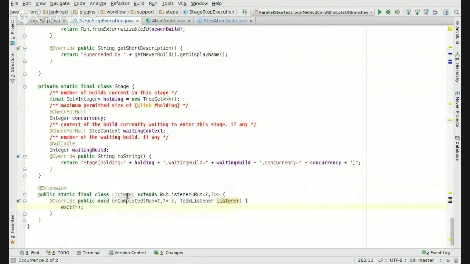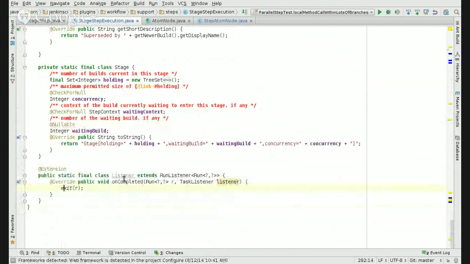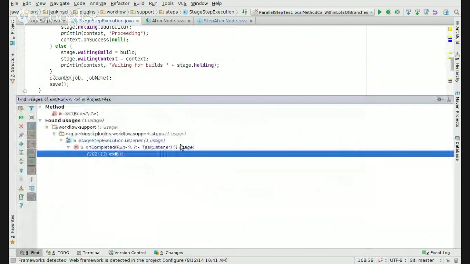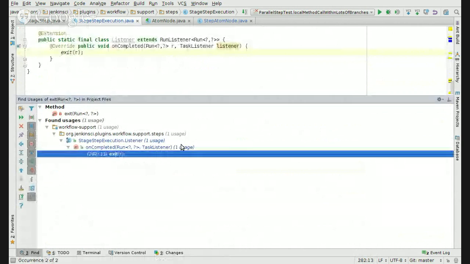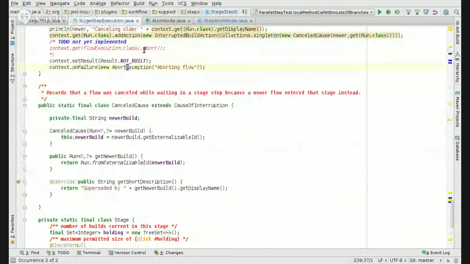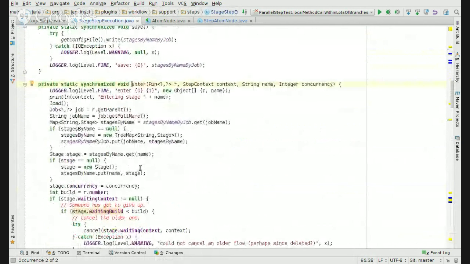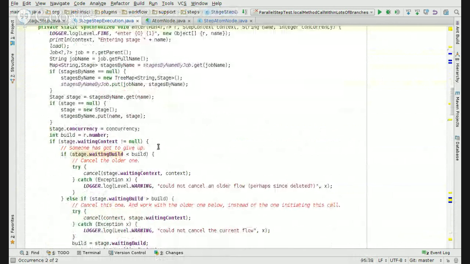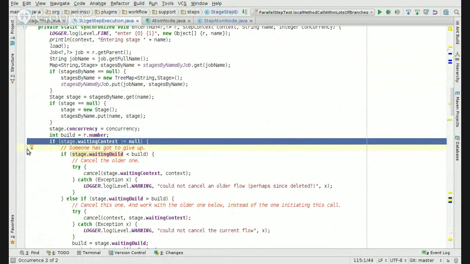So how does that work? When do we leave? Pretty much everything is in the enter method. So you don't call exit from there. No, exit is only used if a flow completes. Then that effectively means that we're exiting whatever stage it was in. But most of the things happen inside enter. So I guess this is the part of the processing that's leading. The current build is trying to enter this stage, and we say, okay, if